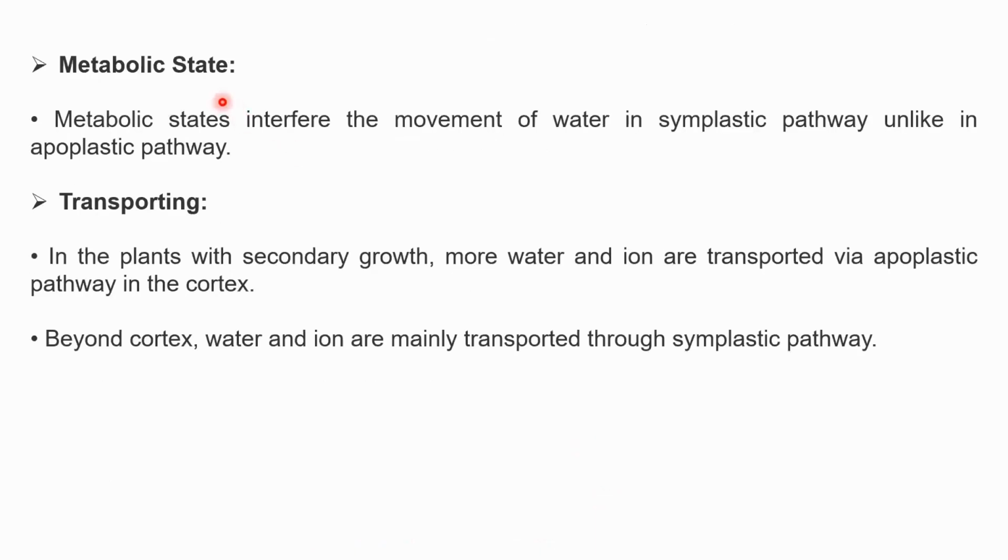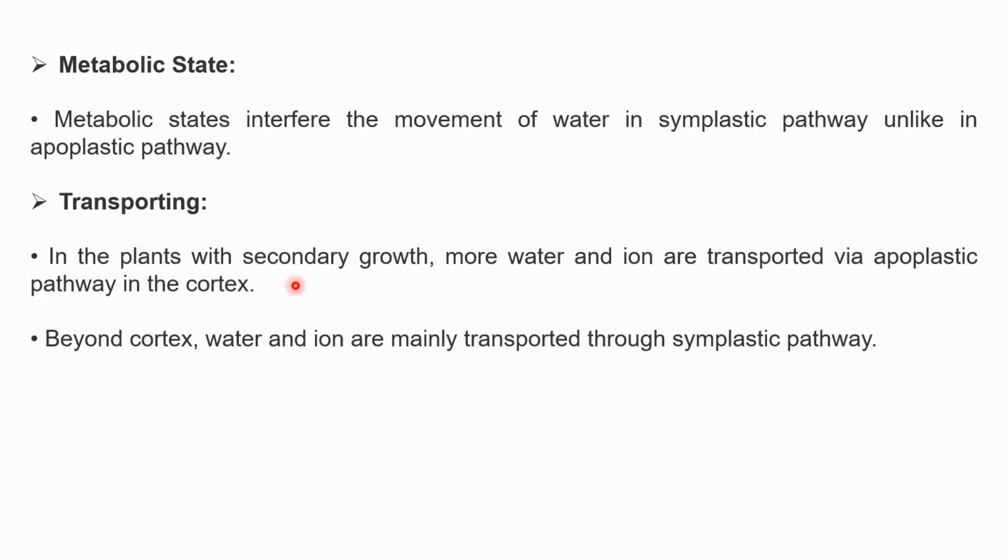Next, metabolic state. It is kind of similar to what I mentioned just now: metabolic state in the symplastic pathway interferes with the movement of water, unlike in the case of the apoplastic pathway. Next is transportation. In plants with secondary growth, more water and ions are transported mainly through the apoplastic pathway